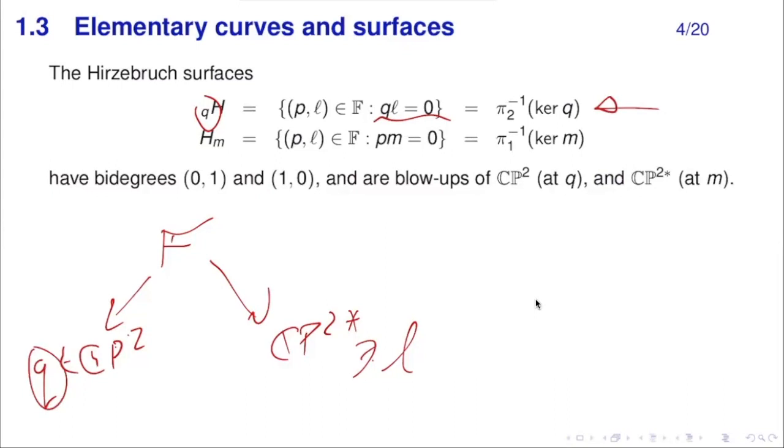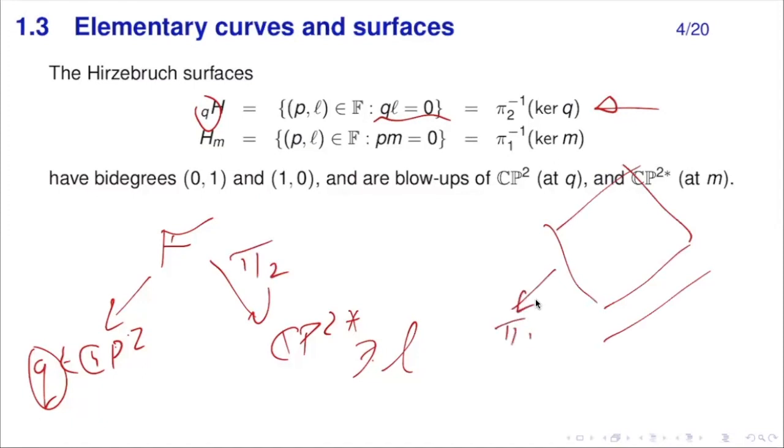Q defines a line in the dual space. So we can take the inverse image of that with respect to pi2. And then we can project that surface, that is the first Hertzsprung surface, down by pi1. And most points of this CP2 will just hit that surface in one point. But if we take the point Q itself, then we'll have the whole fiber of pi1 contained in this first